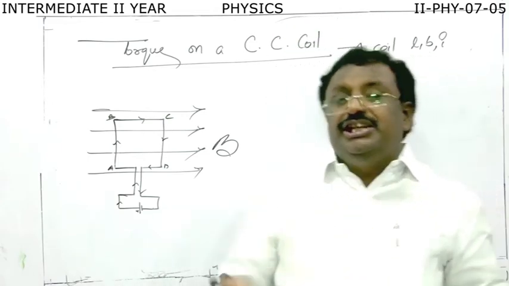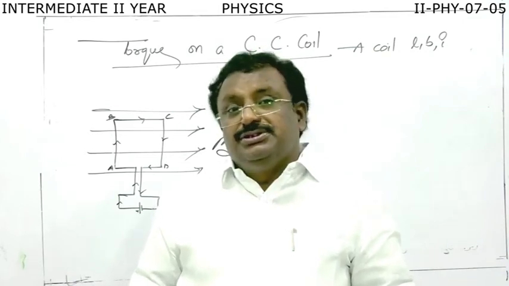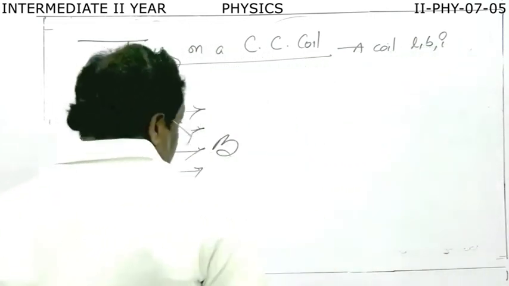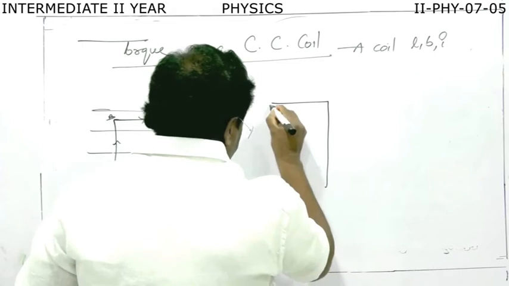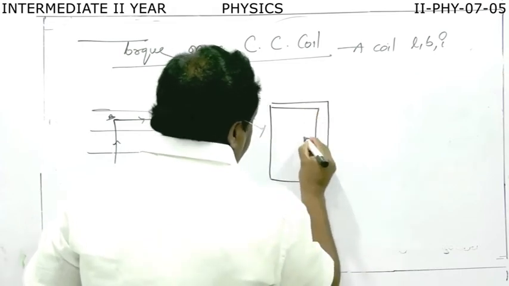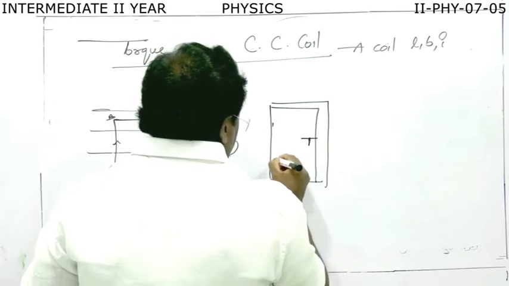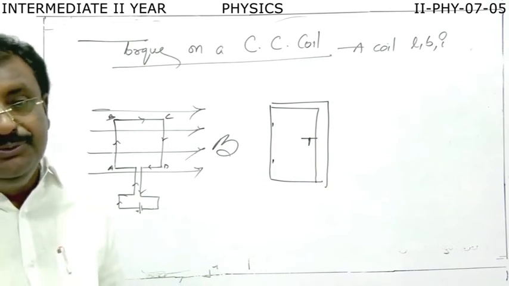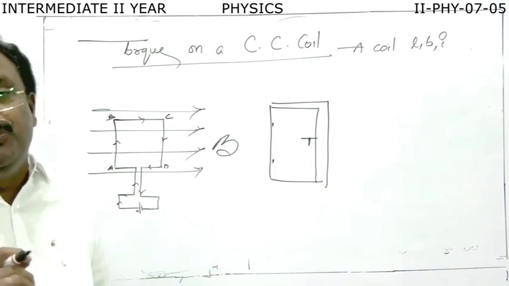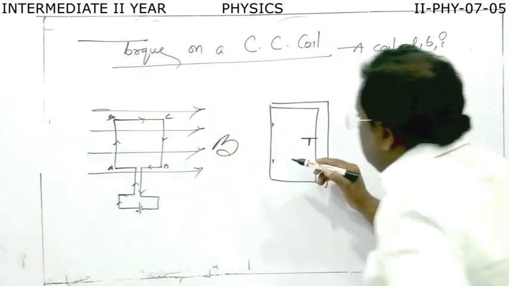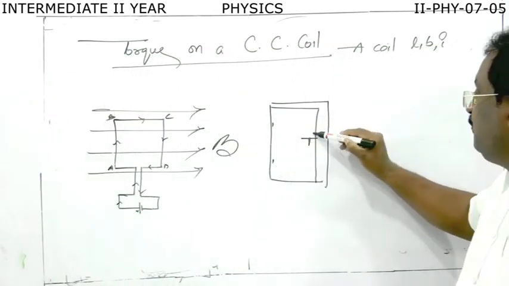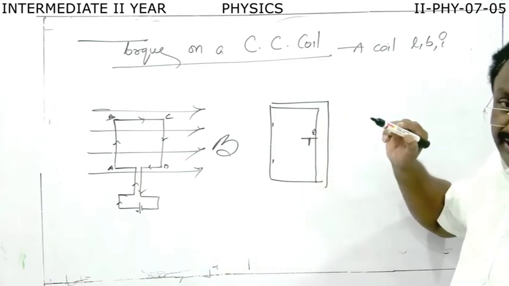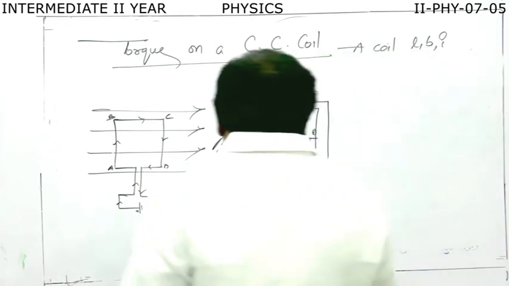If we want to produce turning effects, along with force we want something else. For example, if you take a door and want to push or pull it, what can we do? We must apply the force on the other side of the fixed point. Here are the hinges, but we must apply the force here, not here. By applying force near the hinges, we can't push or pull it. Then the turning effect takes place.